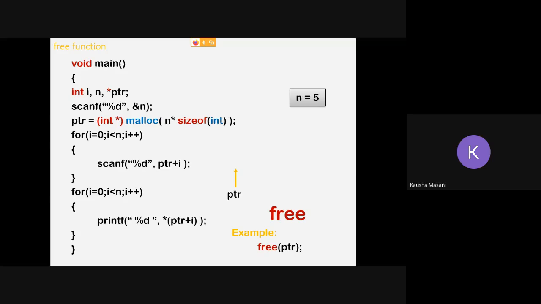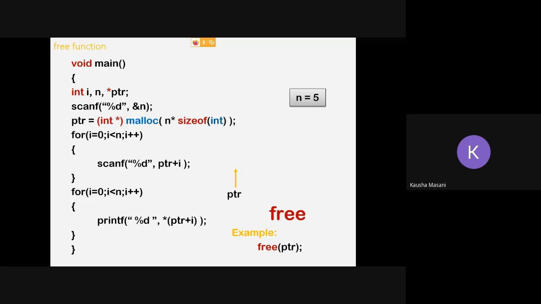Now in the 4th window, write a program with the help of a switch case. Case 1 keep malloc, case 2 keep calloc. And in case 1 or case 2, whichever you feel free, use this free function.